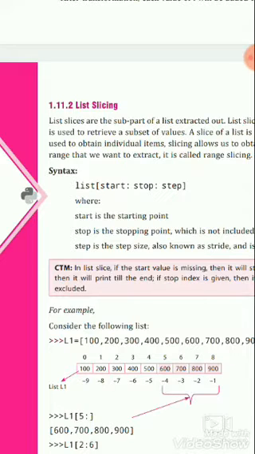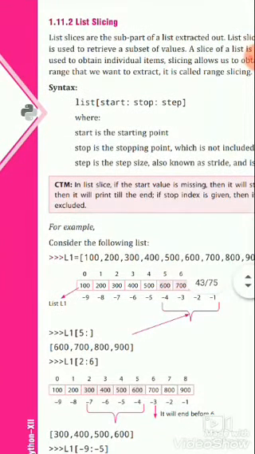The start point is the index value where we have to cut the slice, and the stop point is the last ending point minus 1. If we give 6 as the index number for the stop value, it gives us a slice up to before 6, that is the 5th element of that list. And step means the increment value, that is, how much the index will jump after each increment.